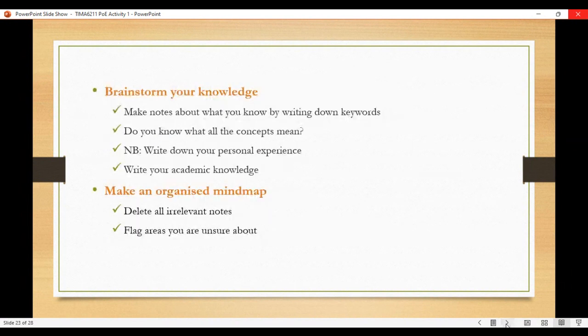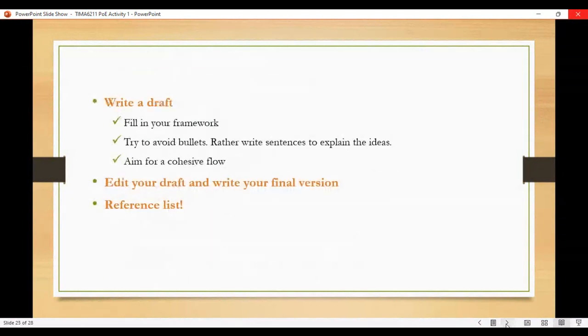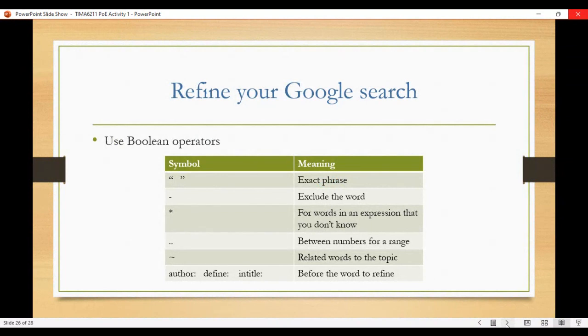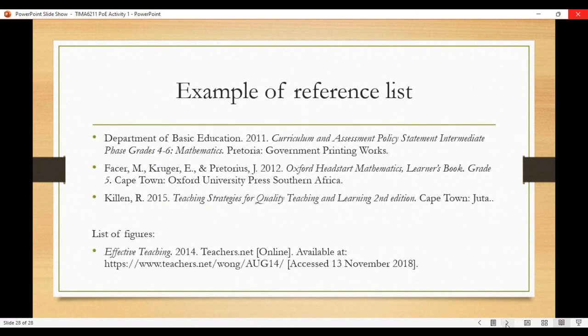Here's a section on how to improve your writing. You can go through these slides as well. And then there's also just some pointers on how to refine your Google search if you want to use some of these operators, and the prompt checklist, please make use of that.